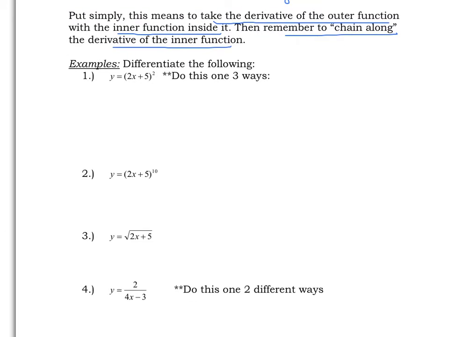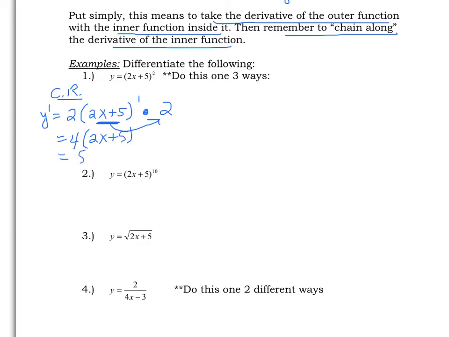So with our first one here, we're going to do this one multiple ways. If we were to use our chain rule, we can go right to our derivative. We're going to multiply that 2 down in front. We're left with 2x plus 5 on the inside. The 2x plus 5 is the inner function. I just took the derivative of the outer function. Okay, so I multiplied down, I subtracted 1. And now I'm going to chain along the derivative of this inside piece, which would give me 2. And if I were to clean this up, I have 4 times 2x plus 5, which would give me 8x